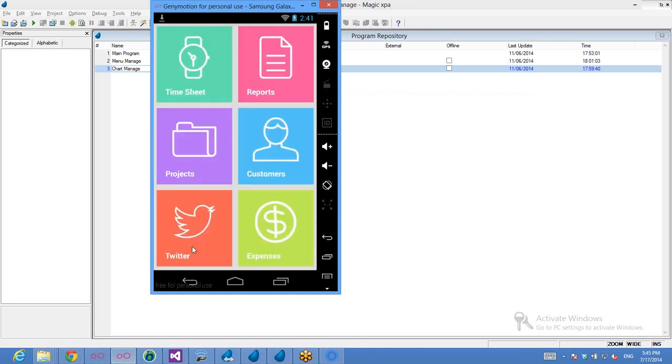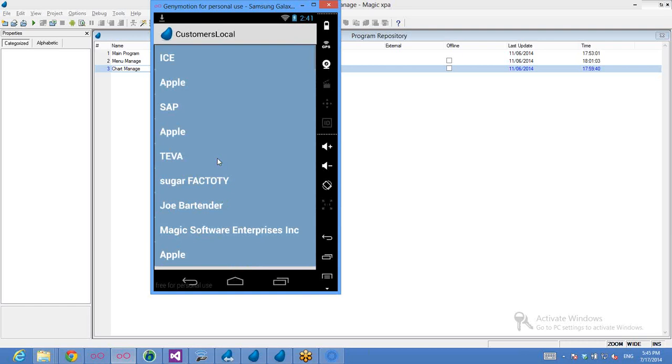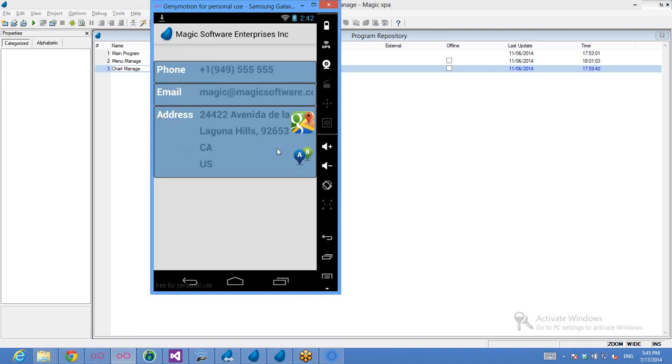Another nice capability that we have is the location service component. Magic Software Enterprise Inc. I think most of you are familiar with this address. I don't know if it's the new office or the latest one or the old one. But what we have in the web now is updated. Okay, so if I press on the Google map,